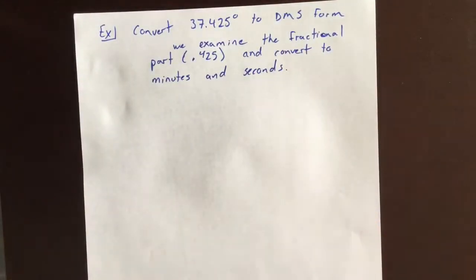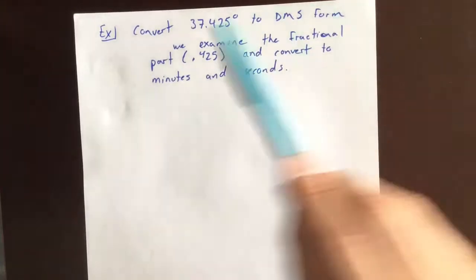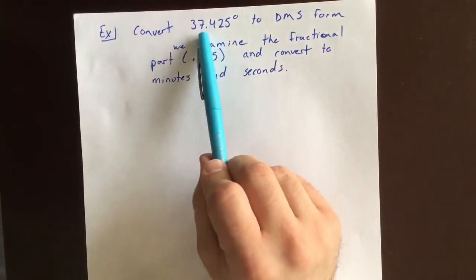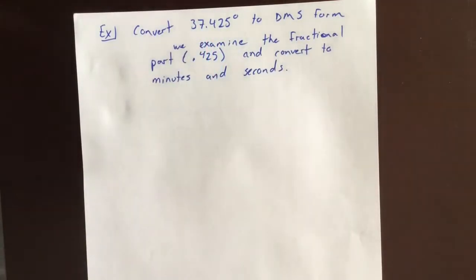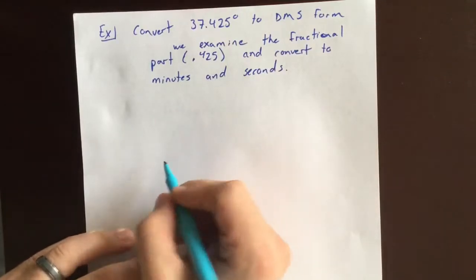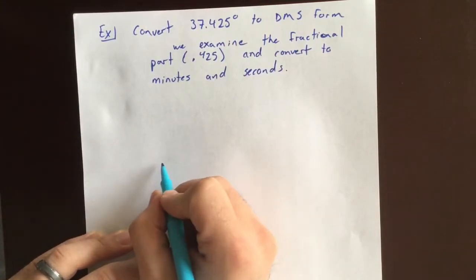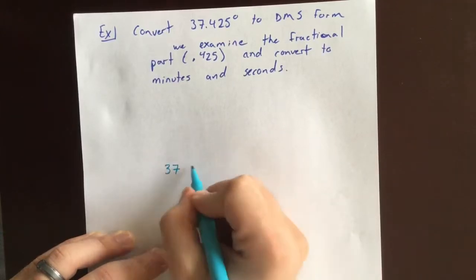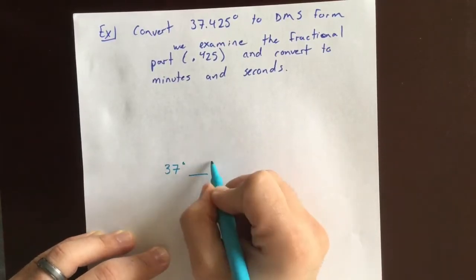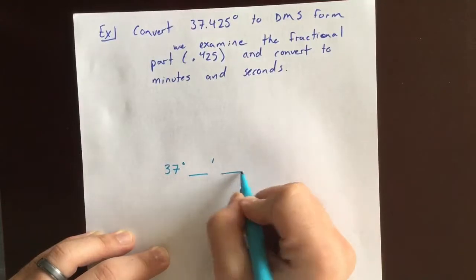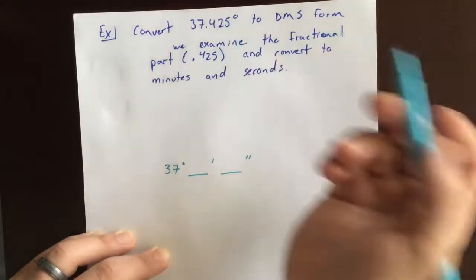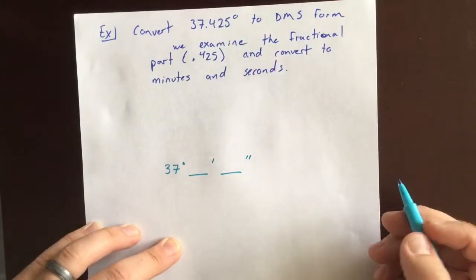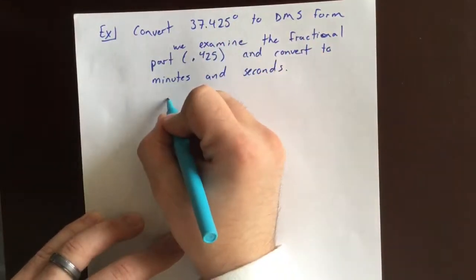How do we do that? Well, by the way, the reason why we don't take anything with the 37 is that at the end of all of this, we're going to have degrees, minutes, and seconds. So I already know what my degrees are. We're essentially finding what the minutes will be and what the seconds will be if our decimal is 0.425. So what we do with this 0.425